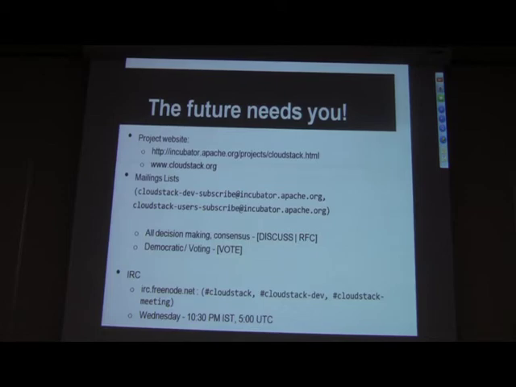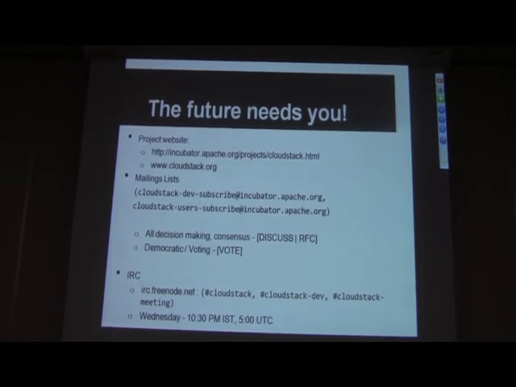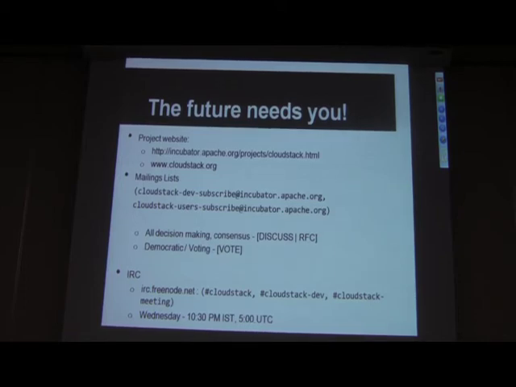On participating on the mailing list, there are different tags that you can use. I don't know how many people here already do this type of discussion. But if you want to discuss something, you can add a tag called discuss, so that people can filter their mailboxes, because there's a lot of mail. You can send out a request for comments, RFC, and just make sure you tag it correctly. There's also a vote, which asks people to vote for different types of behaviors or different choices.